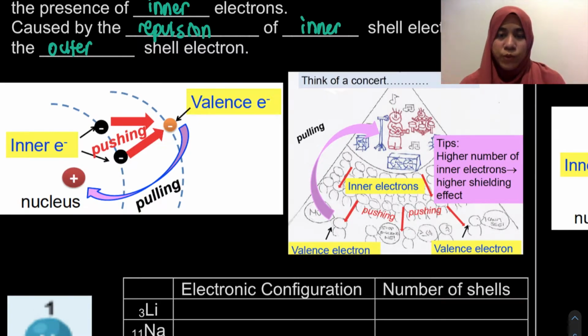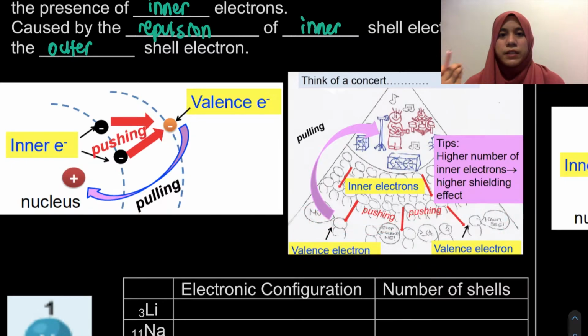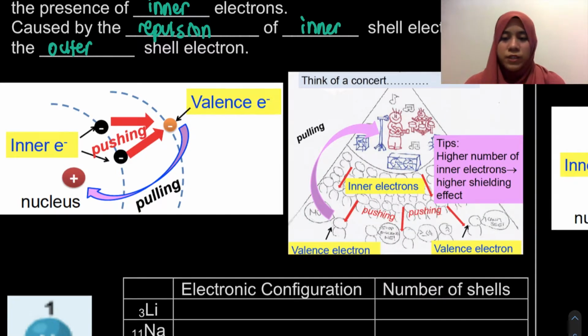Okay, so sebab tu lah, dekat sini what happens is that, bila kat belakang ni, dia akan kurang lah. Maknanya, dia punya sound system tu tak dengar kat tempat dia. It's because sebab kat depan ni dah ramai sangat orang, lepas tu memang dah shielded dah kan. So, dekat belakang ni tak dengar. So, macam tu lah. Kiranya dalam case ni, nucleus ni tengah perform, but then again, the inner